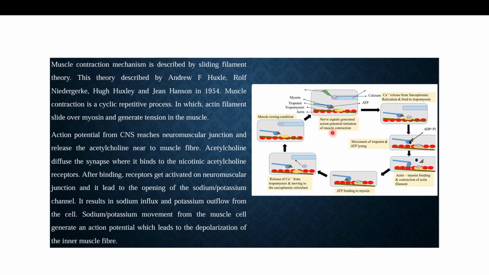This is where it is happening, and it leads to depolarization of the inner muscle fibers, right? And eventually upon depolarization, the inner muscle fiber activates voltage dependent calcium channels in the sarcoplasmic reticulum, and these channels closely resemble the calcium release channels and activate these,